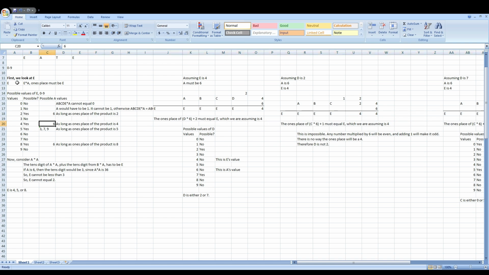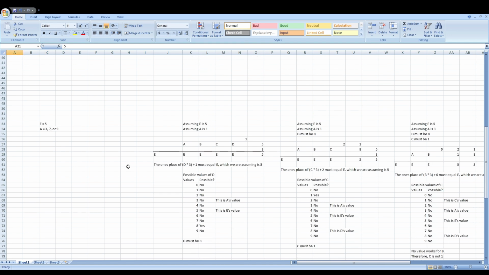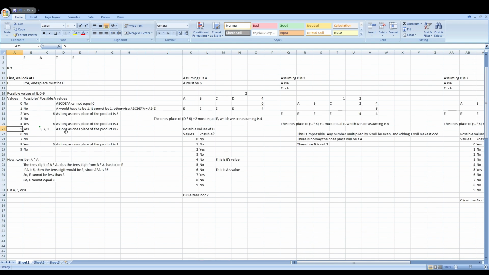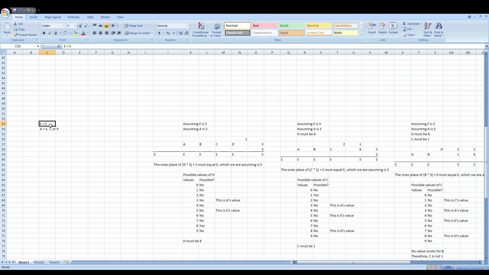So let's go to assuming that E is 5. Okay, E is 5. I've just moved those numbers down here to make it easier to read. E is 5. A is 3, 7, or 9. Assuming E is 5 and A is 3, just brute force, starting with the lowest values first and moving up. The equation we have is D times 3 plus 1 must equal E, which we're assuming is 5. D times 3 plus 1,